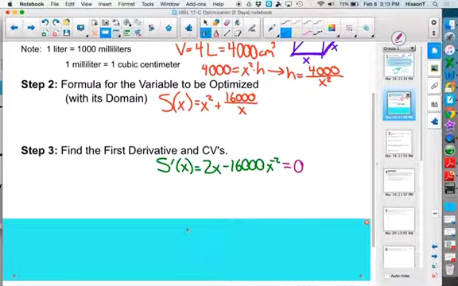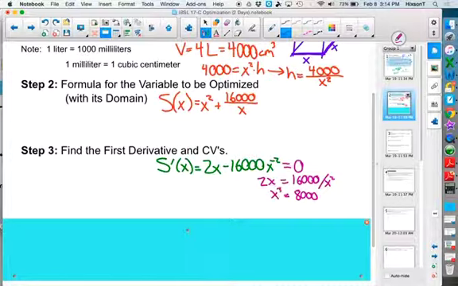One thing I could do is just add the 16,000 over x squared to both sides. So 2x would equal 16,000 over x squared. You divide by 2, multiply by x squared, take the cube root. So that would be 8,000